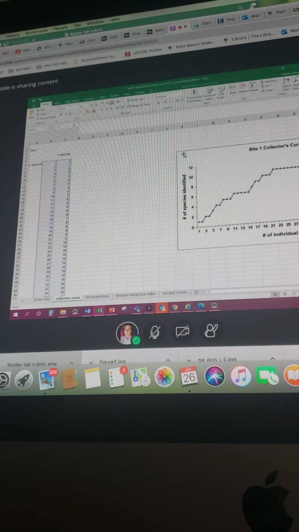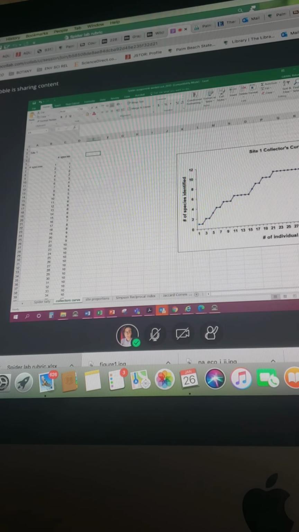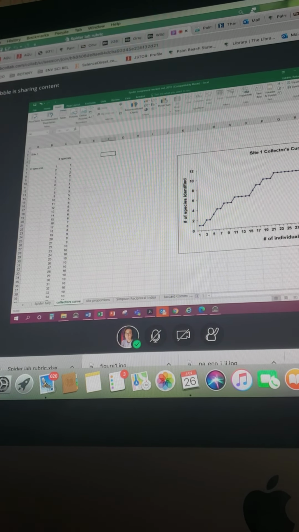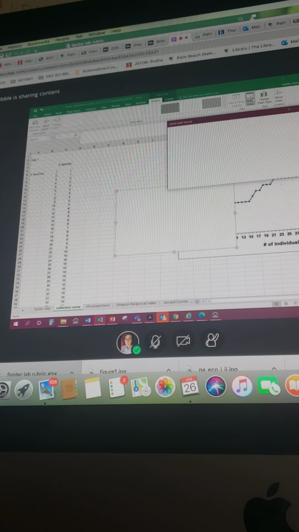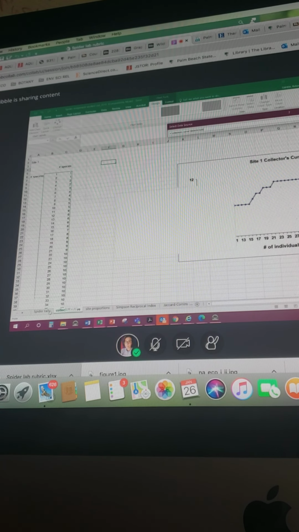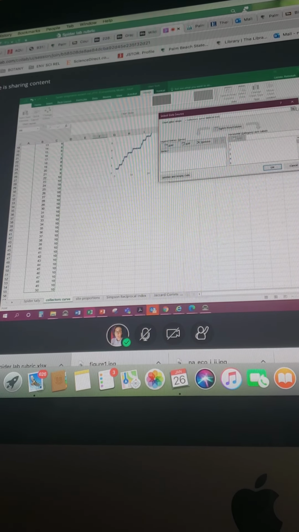I also included graph paper if you want to do it that way. I will make this graph real quick just to show you. So you just have any empty spot there. Say, do a scatter plot. Select data. Okay, so select data is up here. So you can select your range of data to start with. So that's all your data. Okay, and then I want to add